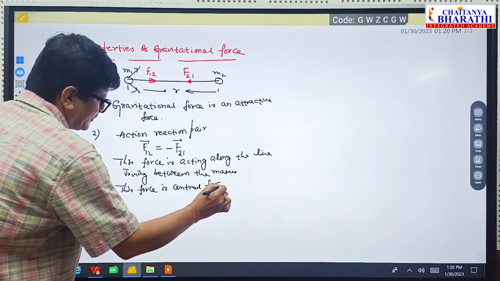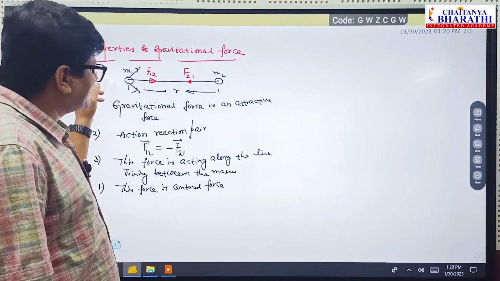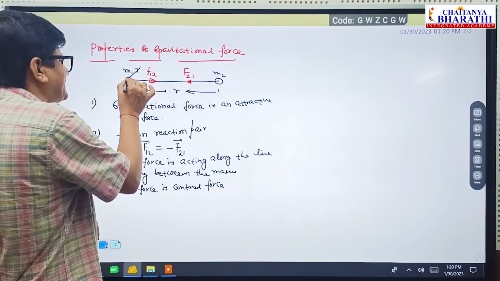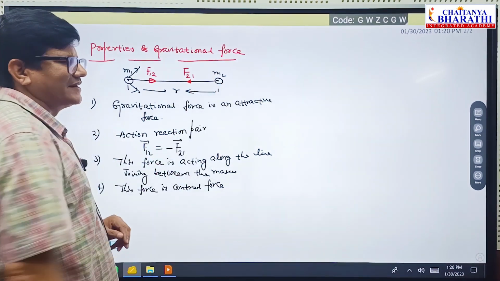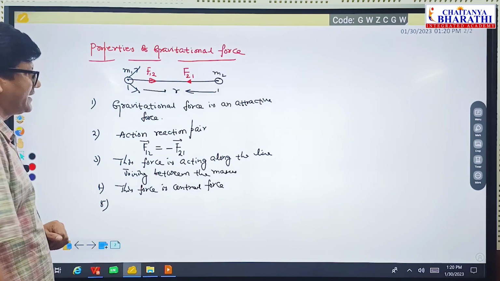Central force means F is inversely proportional to r square. So it is a central force. It acts center to center. And fifth, if you take this force,